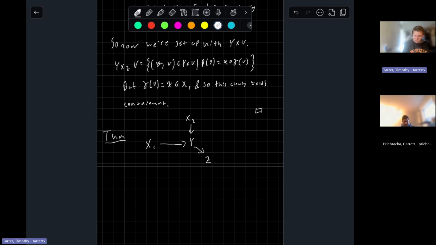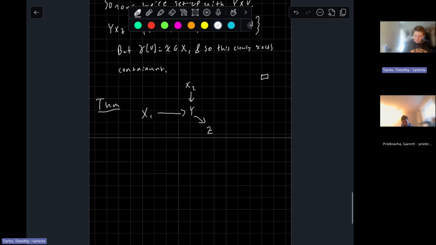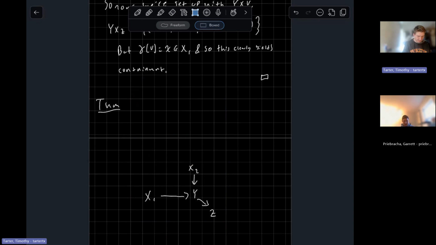Show that there is a natural morphism through the fibered product of y of x1 with x2 into the fibered product of z. So hold on. Oh, this is going to take a second. So fibered product through y